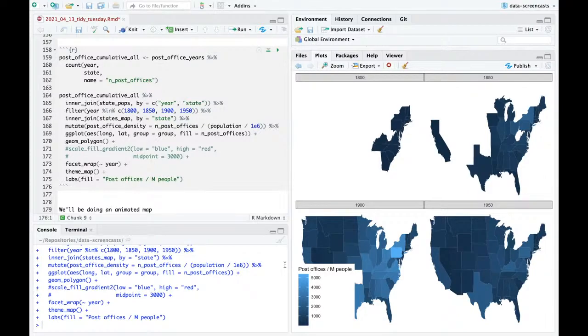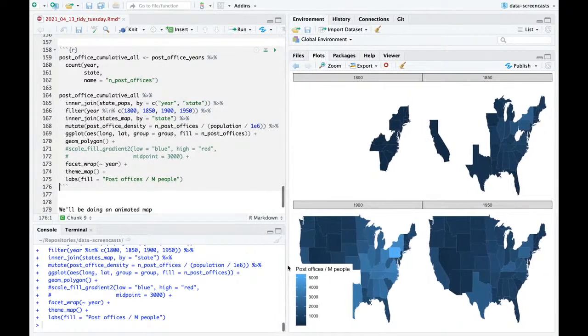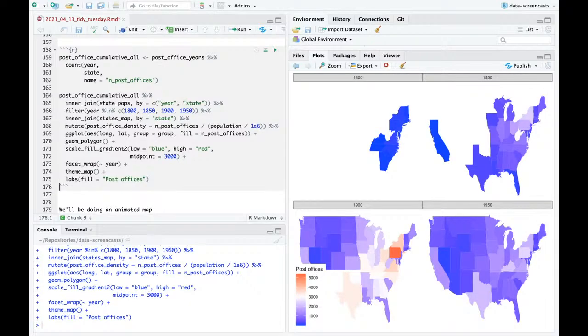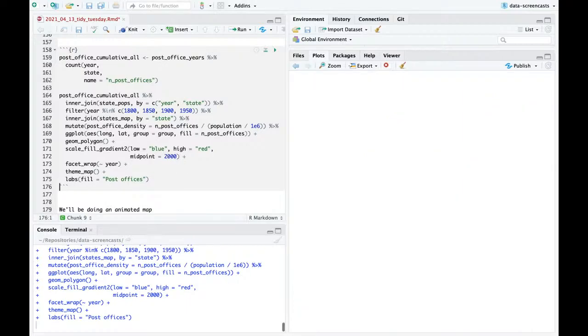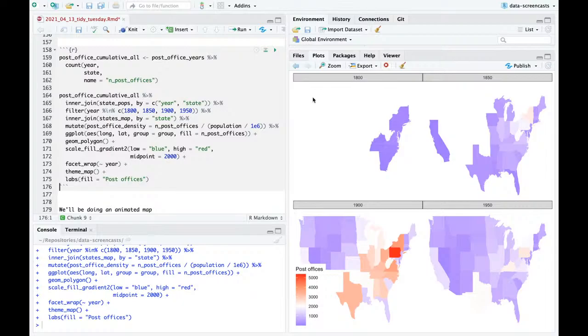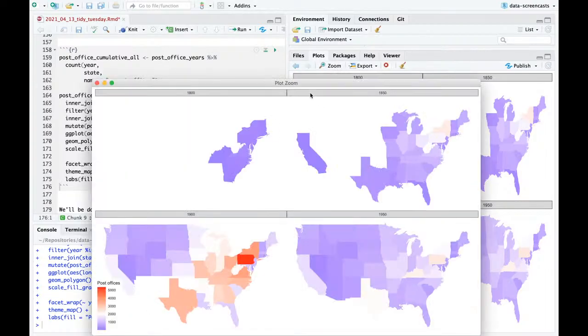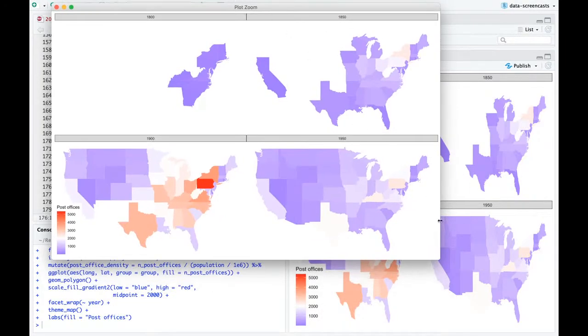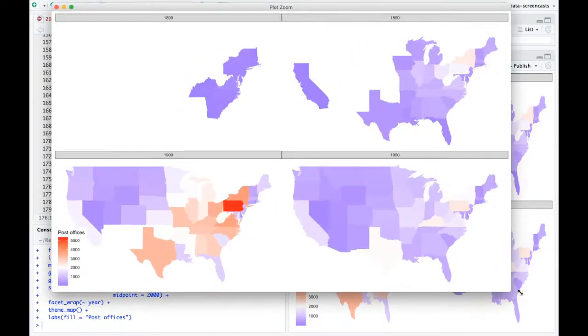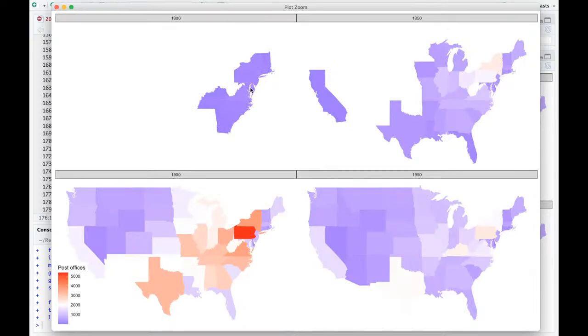All right, so what this is showing, let's see. Let me make, yeah, let's keep that scale fill and its number of post offices, and let's make 3,000. Let's make 2,000 the midpoint. I don't know, I'm kind of just playing around with this. All right. Aha, so now we're actually able to tell a story. I haven't done this yet. Yes, this graphic, we're going to turn this into animation, but the idea is like, where do we